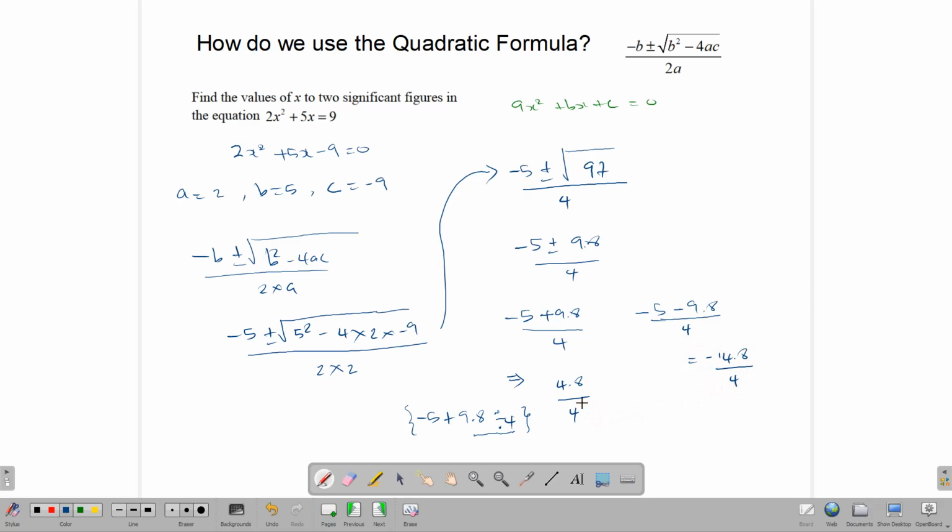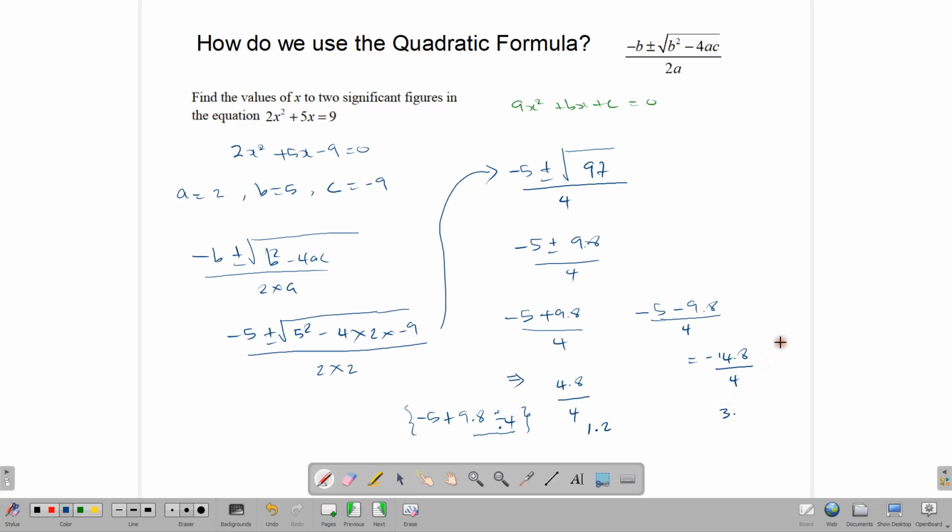Once we divide these, 4.8 divided by 4 gives us 1.2, and -14.8 divided by 4 gives us